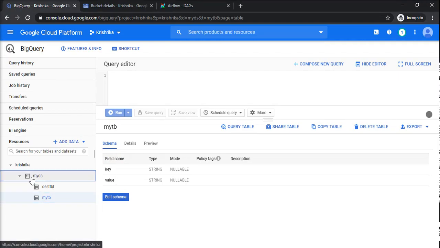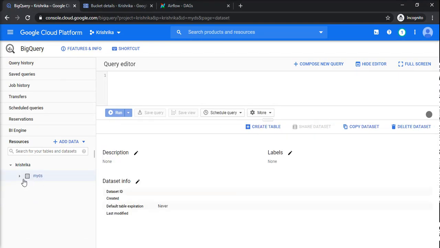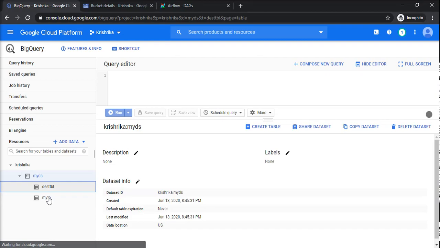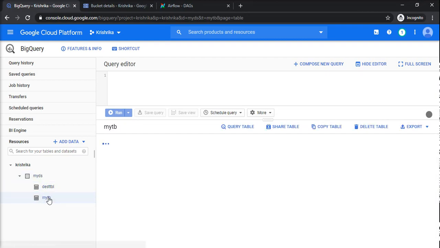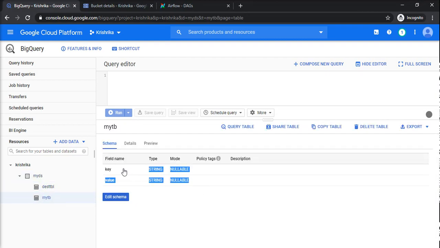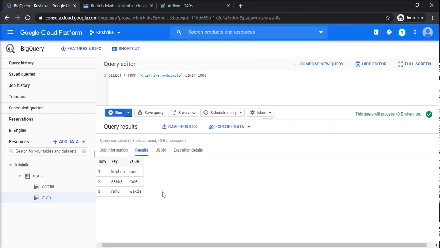You can see this MyDS is the dataset in which dest table and myTB are the two tables having the same schema. So if I query this table, you can see that data is there, and this table will be copied to dest table.